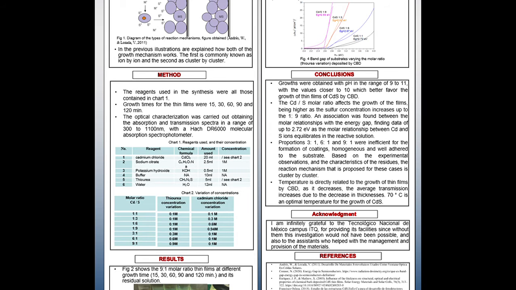Molar ratios with a higher amount of cadmium were inefficient for the formation of a coating, homogeneous and well adhered to the substrate. The suggested mechanism for this reaction, based on the results for these cases, is cluster by cluster. Temperature is directly associated with thickness. The inverse relation was that the more temperature used in synthesis, the less average transmittance the thin film has, and an optimal temperature for growth is 70